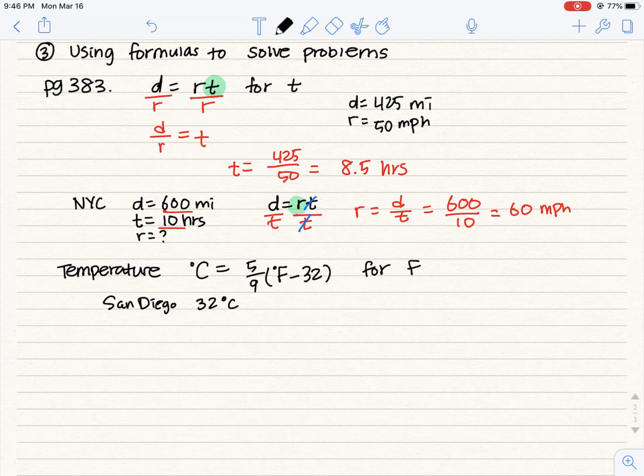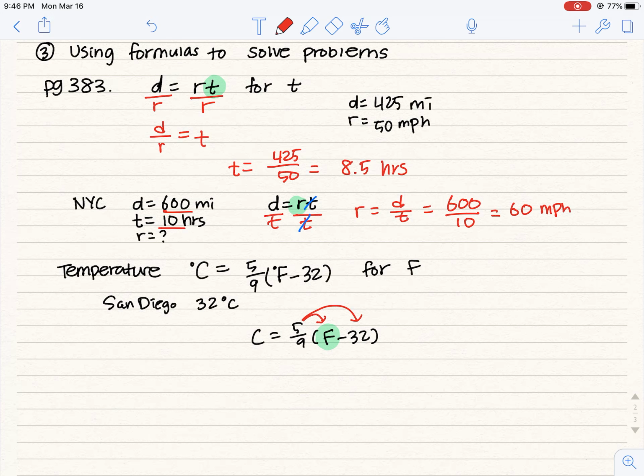the temperature was 32 degrees Celsius. Must be summertime because it's pretty hot actually. So let's find out how hot it is in Fahrenheit. So first, what I'm going to do is work with the equation. Okay, my first step is to identify this. Now, I cannot work on this just yet, because I do have to work on this one